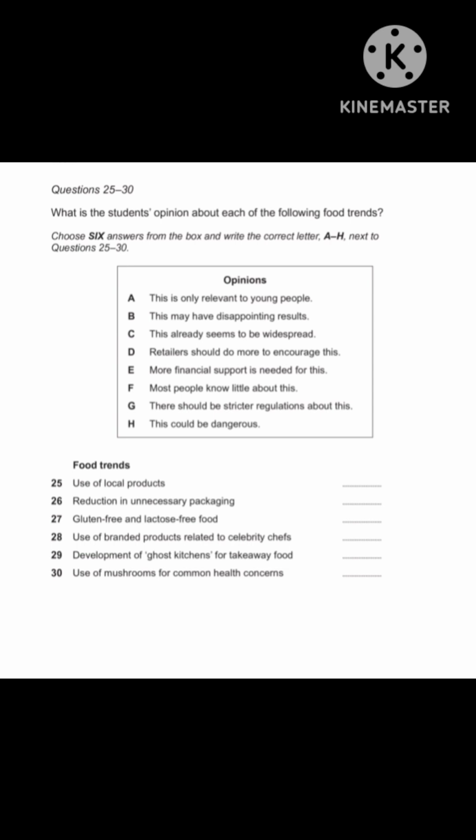Right. Did you know more and more people are using all sorts of different mushrooms now to treat different health concerns? Things like heart problems. They might be taking a big risk there. Yes, it's hard to know which varieties are safe to eat. Anyway, maybe now we should...